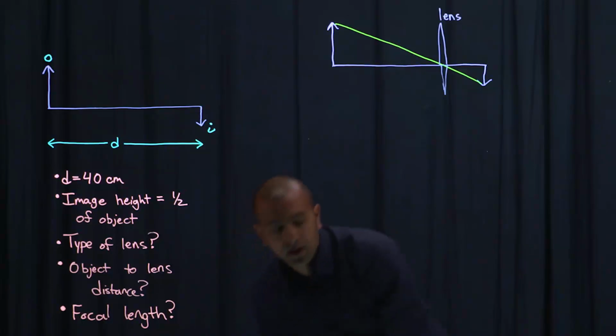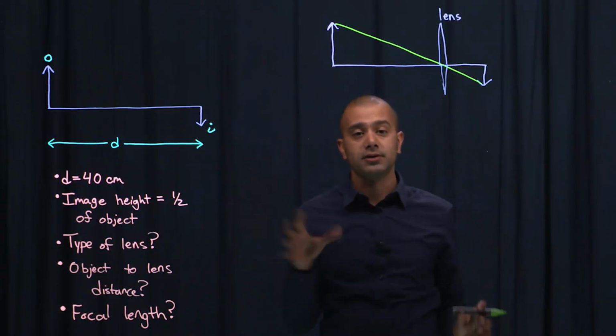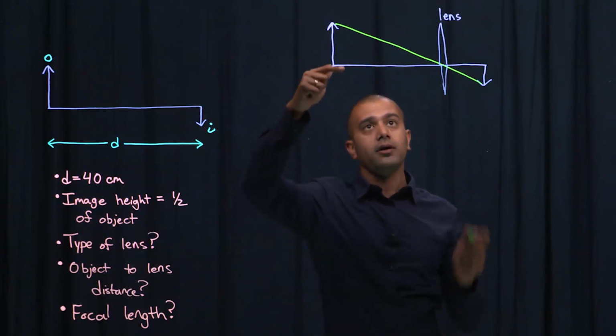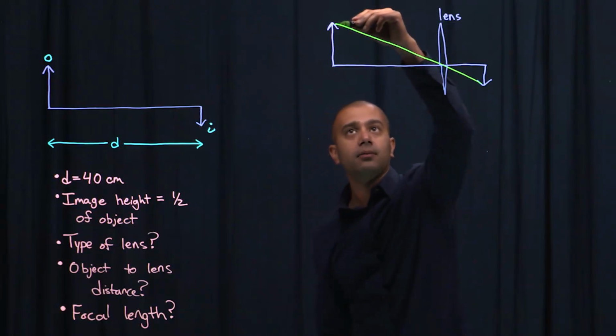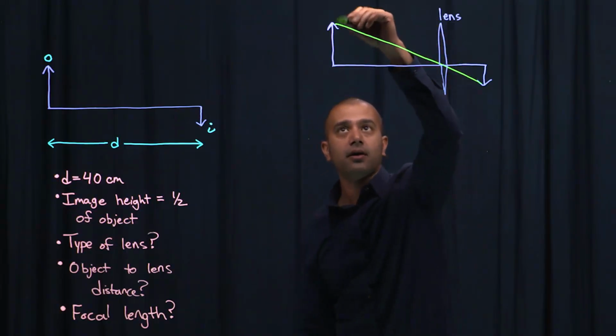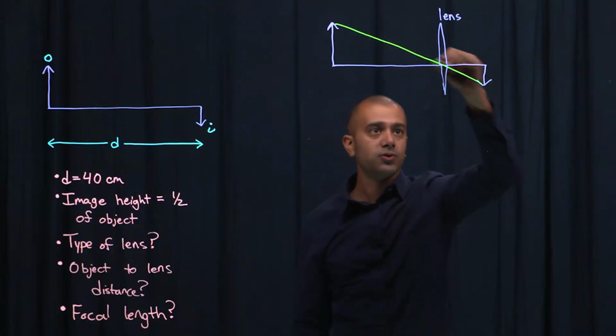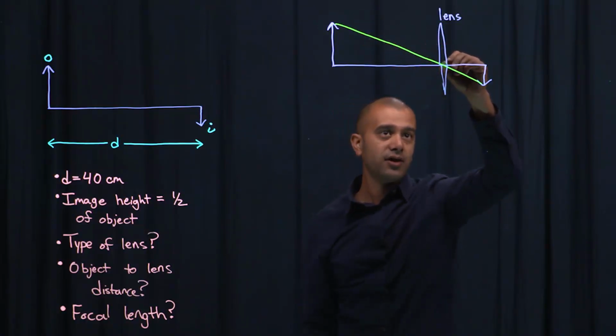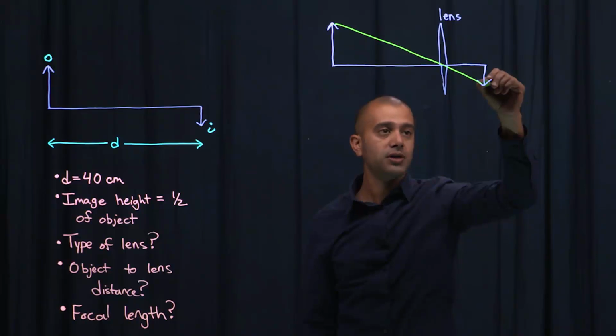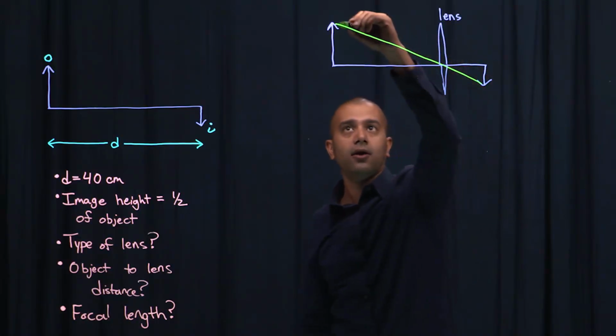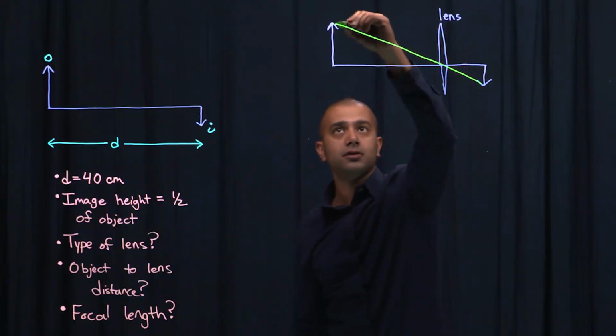Let me go ahead and draw the other 2 principal rays that you want to draw for these types of diagrams. The second one is the ray that comes in parallel. Again, light's coming out in all directions. We've already drawn this one, which we know is going to pass straight through the lens. It's going to refract a little bit this way and then back out towards the head of the image. Now the one that comes in parallel towards the lens